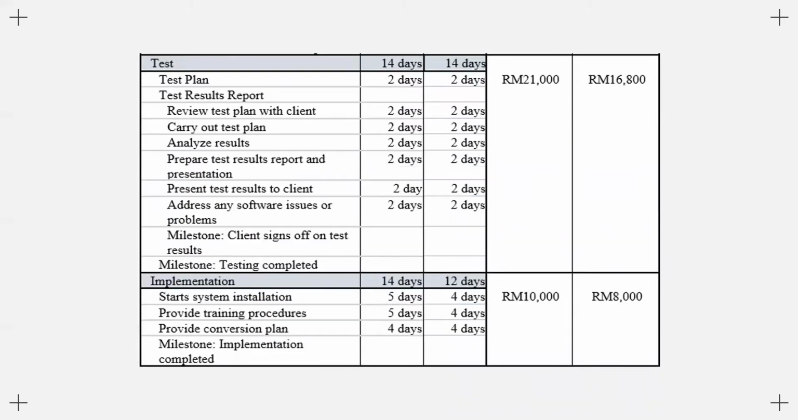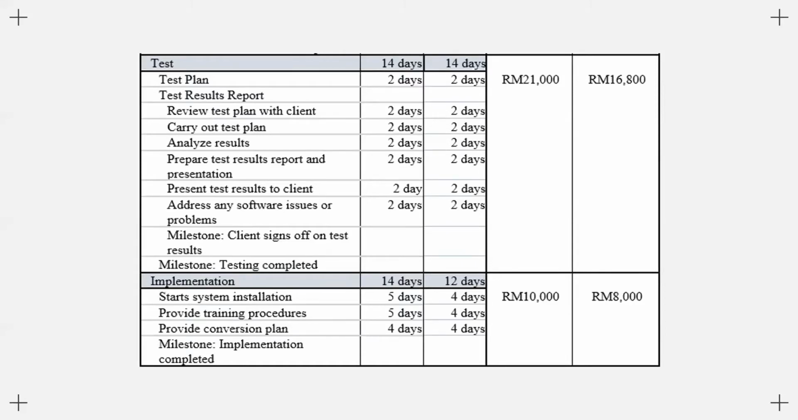For the test, the original schedule is 14 days and the revised schedule is also 14 days. The original budget for test is 21,000 and the revised budget is 16,800. For the implementation, the original schedule is 14 days and the revised schedule is 12 days. The original budget for implementation is 10,000 and the